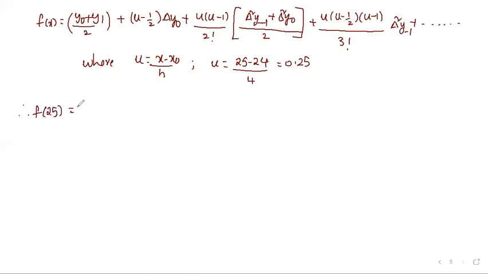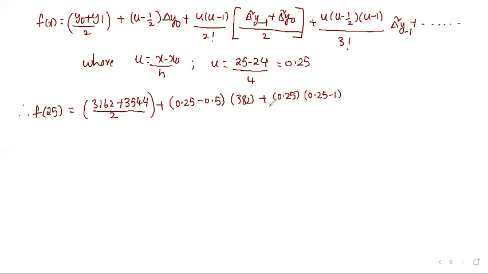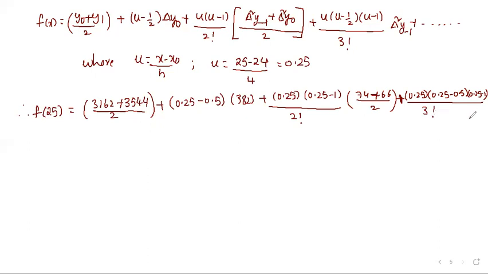Therefore, f of 25 is equal to 3162 plus 3544 divided by 2 plus 0.25 minus 0.5 into 382 plus 0.25 minus 1 divided by 2 factorial into 74 plus 66 divided by 2, plus 0.25 minus 0.5 into 0.25 minus 1 divided by 3 factorial into minus 8. After calculation, we get